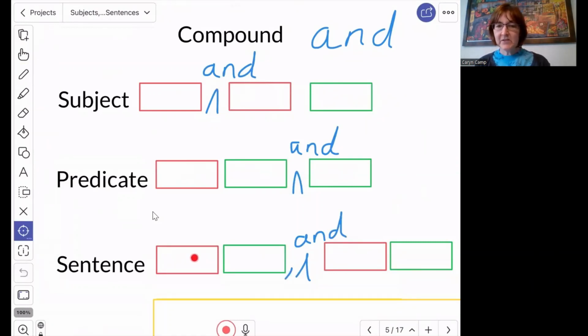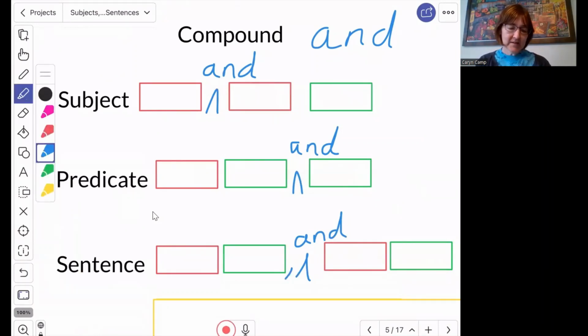So we'd have somebody doing something and somebody doing something. So this would be a compound sentence. You can see that with a compound subject, it's red, green. There's just more than one red, more than one subject. With a predicate, there's red, green. There's just more than one green, doing two different things. With a compound sentence, you see the pattern is red, green,